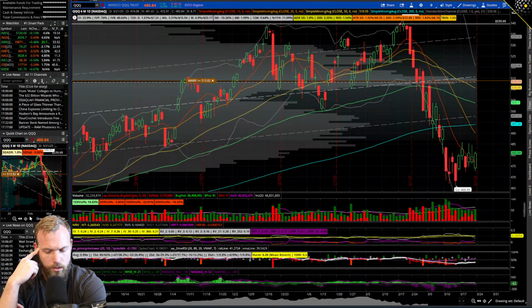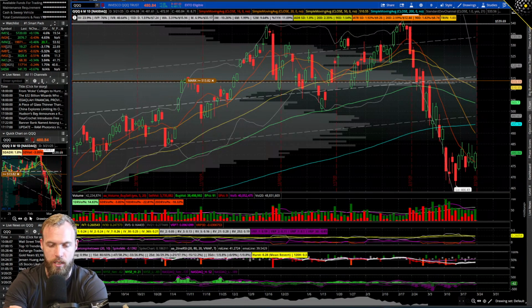Several reasons. The first reason why I would argue that options can be preferential over shares for directional plays is capital efficiency. Whether you choose to buy options, you can access leverage. If you choose to sell options, you can make money even if the market goes slightly against you and your directional bet is wrong. Those are the main ones I would point to.